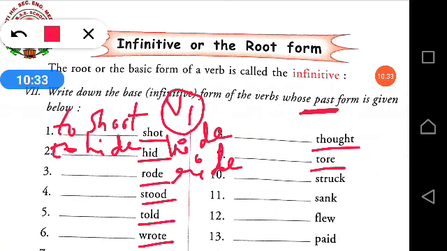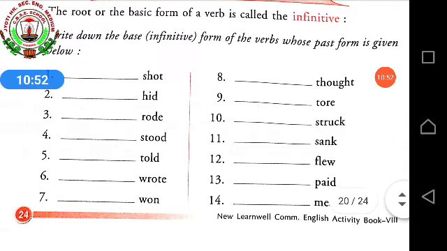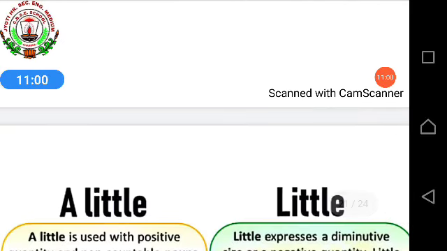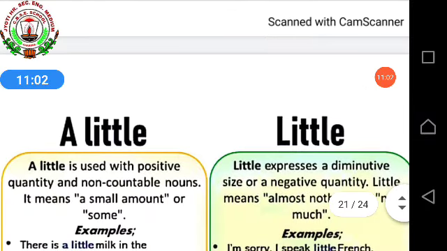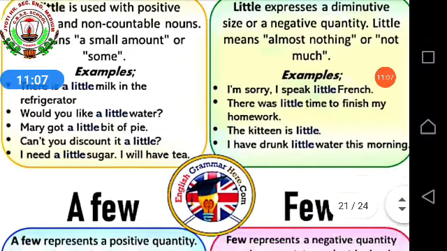In the same way, first of all these past tense verbs you people will be changing into present tense, and then you will be adding to before this verb and writing it in the fill-up. I hope you all understood. Okay. So all these questions till 14 you people will be solving. Next, your next topic is little, few, a little, a few. Where we are using a little, where we are using little, all this I'll be telling you now.